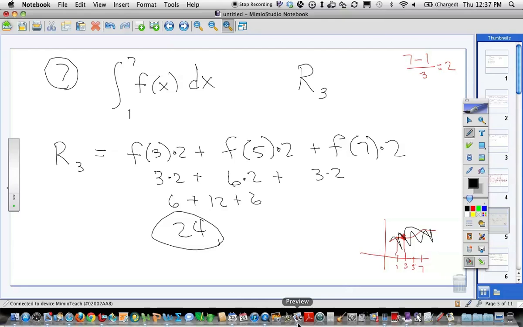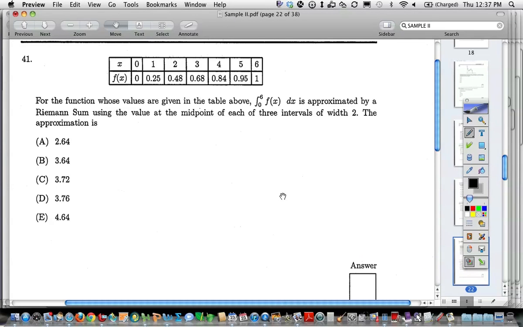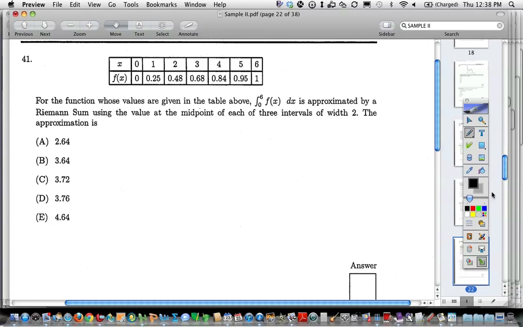Now, I would like you to take out your sample 2 packet, please, and go to number 41. It was one of the problems that we skipped. Now again, don't be afraid to stop me at some point along the way today if I get going too fast. Don't be afraid to say, wait, back up. What was that last thing? All right, on number 41,